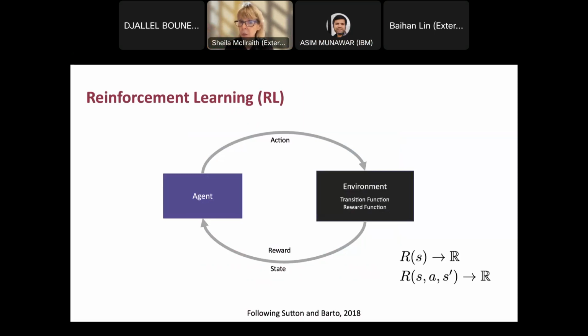So the problem is, when we think about this in the context of actually trying to task an agent to do something in the environment, the only signal that we're able to give that agent is through the reward function, or that's the typical place where we do it. A reward function in some ways is very impoverished. It's just a function that maps the state into a real number, or a state, action, successor state into a real number. So if you're playing some sort of game, maybe minus 1,000 if you hit a bomb, and plus 1,100 if you pick up the gold, and so on.